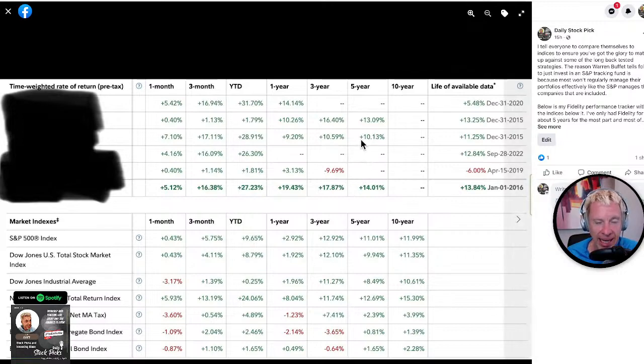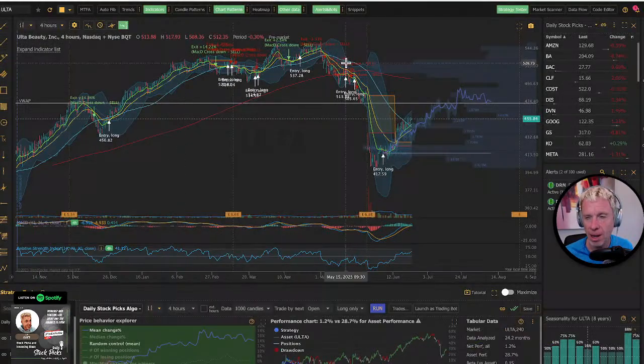So I'd like you guys to start tracking this, because if you're not at least beating that top one, the S&P 500, maybe throw a good amount of your portfolio into a tracking fund, and trade with some of your portfolio to try and hone your skills up a little bit more. That would be where I would suggest that you go. But hey, it's your money. You manage it, not me.